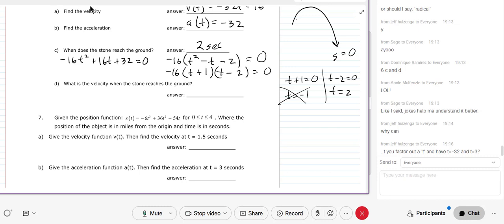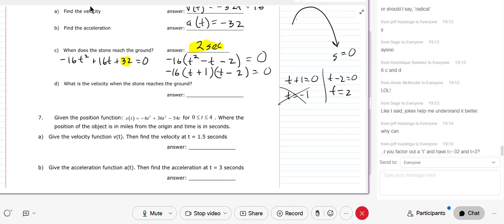Yeah, I was just wondering why you can't factor out the T in part C. Okay, because the 32 doesn't have a T. So you can't take a T out. The common factors. Oh, you can't subtract the 32 first and then set... You wouldn't want to do that because, okay,